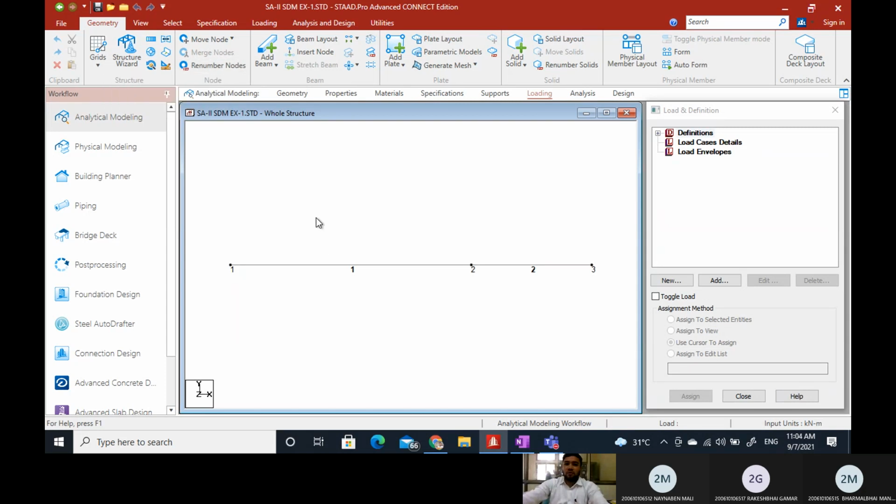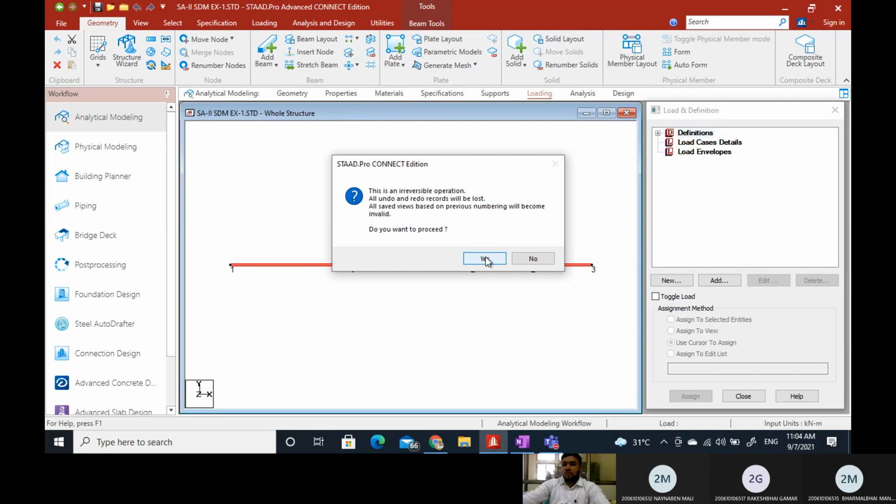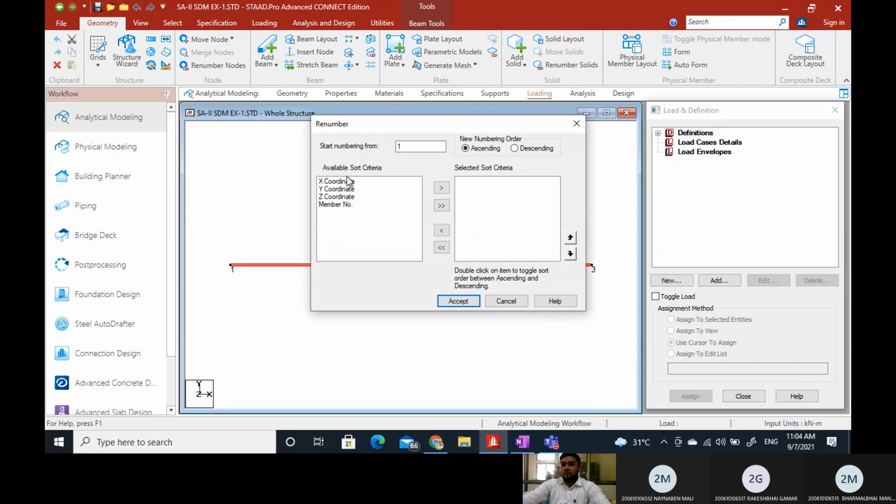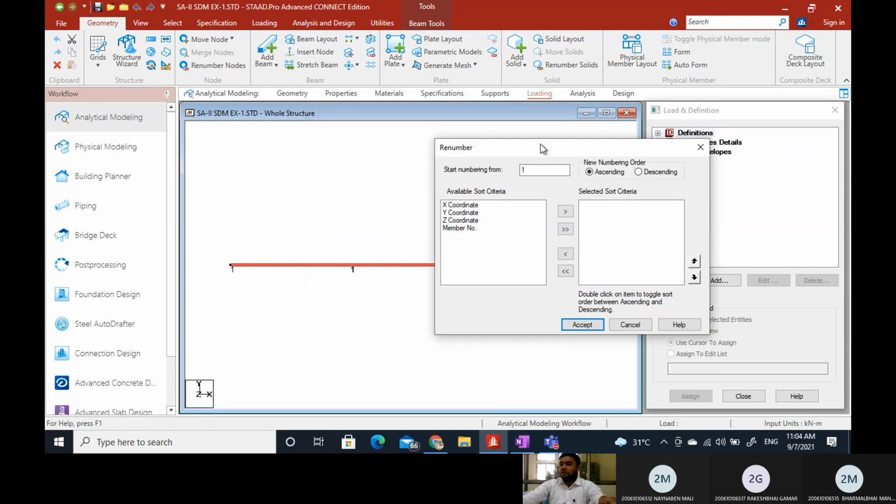You can change the node number, and if you select the beams, you can renumber the beams also here. Please renumber the beams. So you can specify which coordinate to be in ascending order or descending order. So you can do the renumbering in that way also.